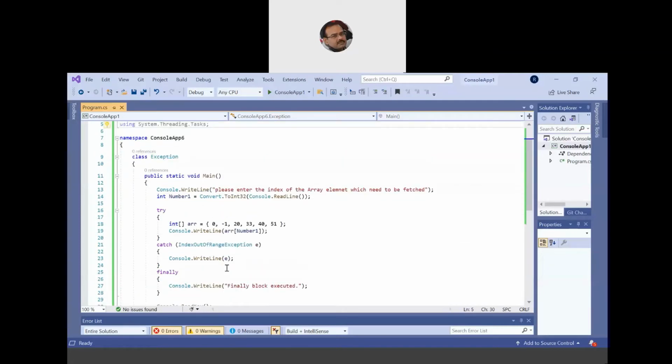Now there are various predefined exception classes provided to the programmer. Like we have the array index out of bound exception, or let's say the arithmetic exception, wherein you are trying to perform a certain mathematical calculation and you receive a number as input from the user. You put it into a numerator, and the denominator comes from somewhere else in the program, and you try to divide the numerator by the denominator. Now that will create a problem.